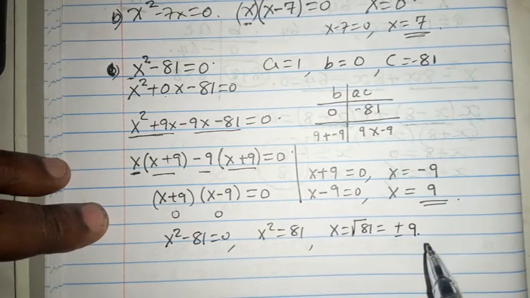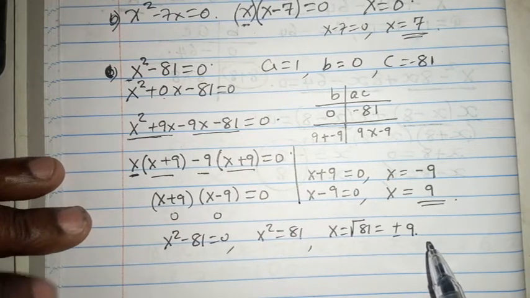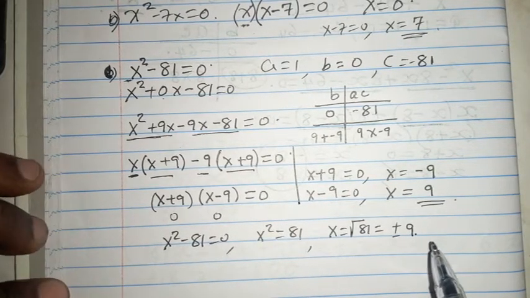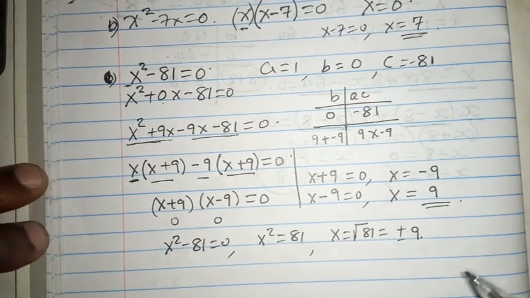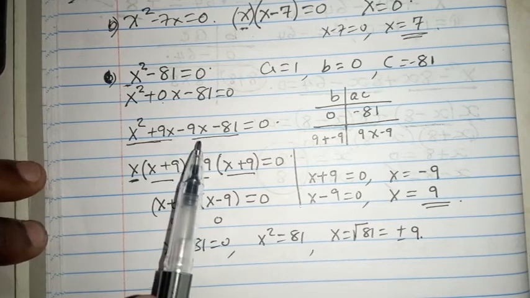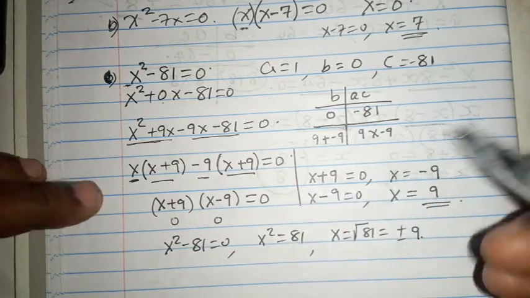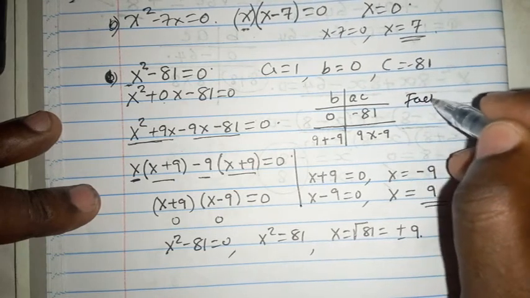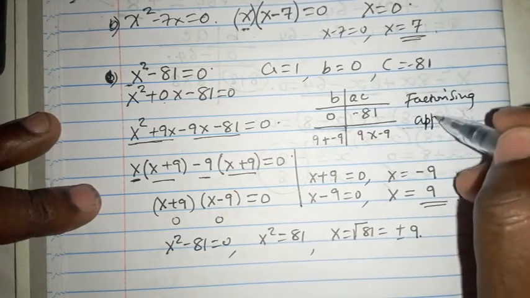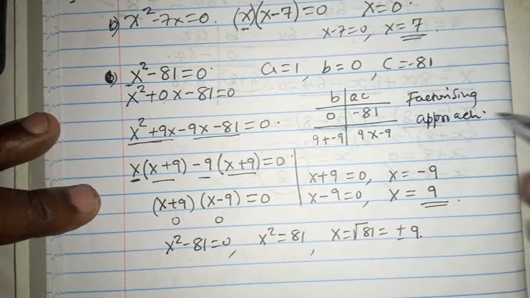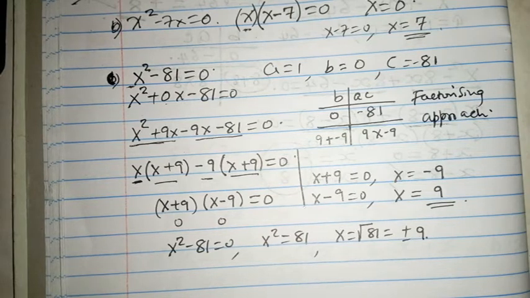This is the easiest thing to do, which is allowed, which is okay for this particular question, but for the sake of the long method, what we have done is we have introduced the BAC approach, which in other words we call the factorizing approach. Please remember there are so many other methods of